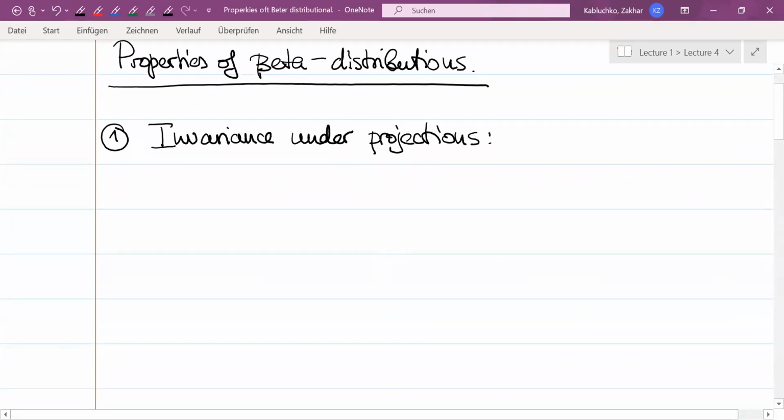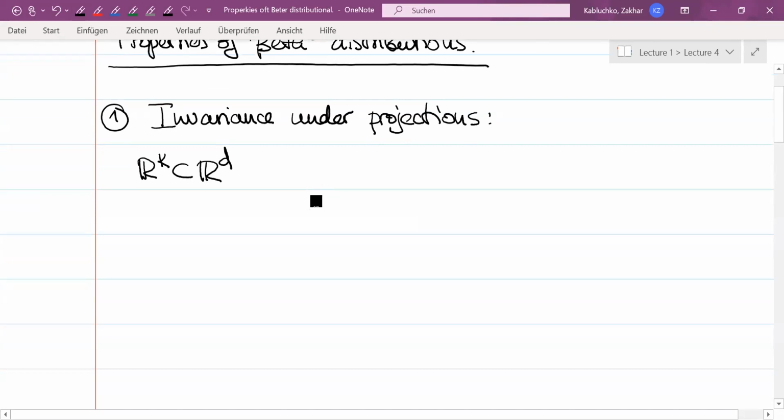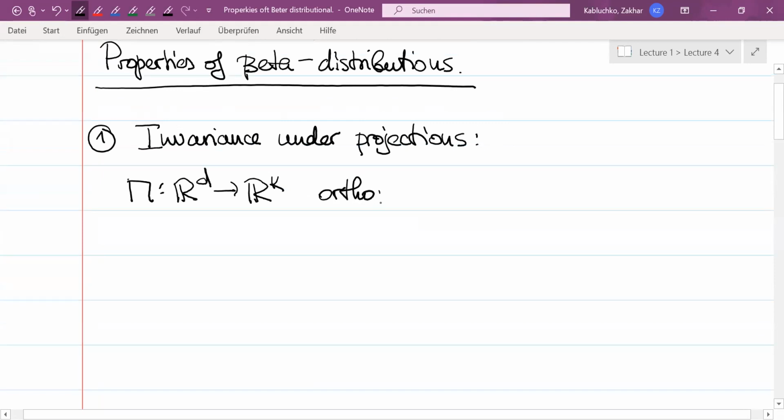Namely, if we take R^k embedded into R^d just by taking the first k coordinates of a d-dimensional vector, and we take pi to be the projection from R^d to R^k, just by retaining the first k coordinates of a vector, the standard orthogonal projection,